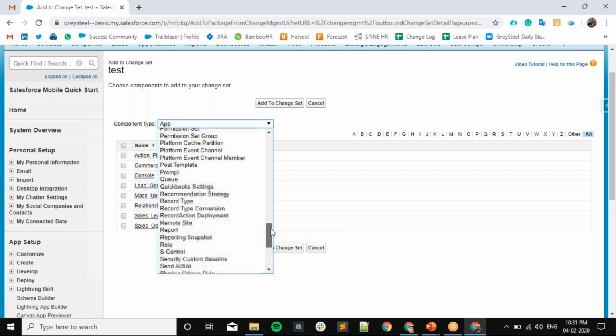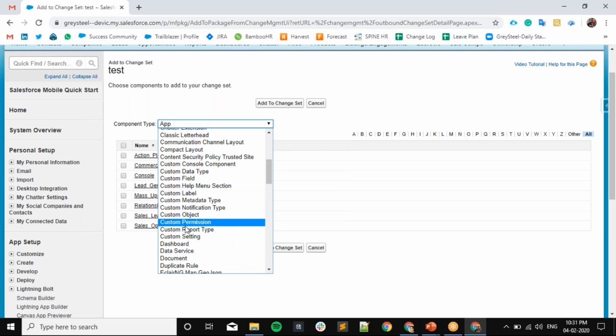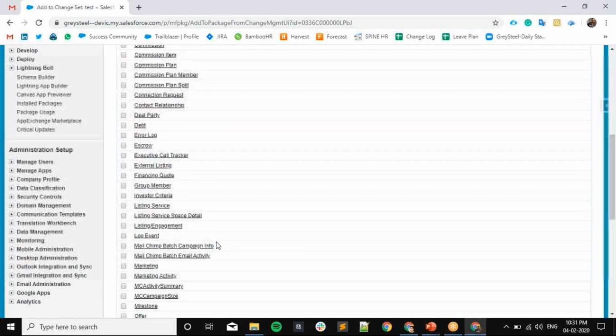Everything you create in Salesforce, Apex classes, triggers, everything will be available over here, and you can add it to your outbound change set and deploy it to another environment.